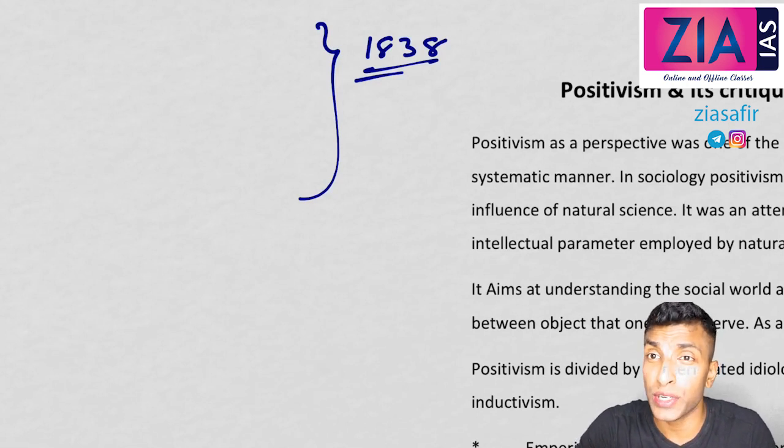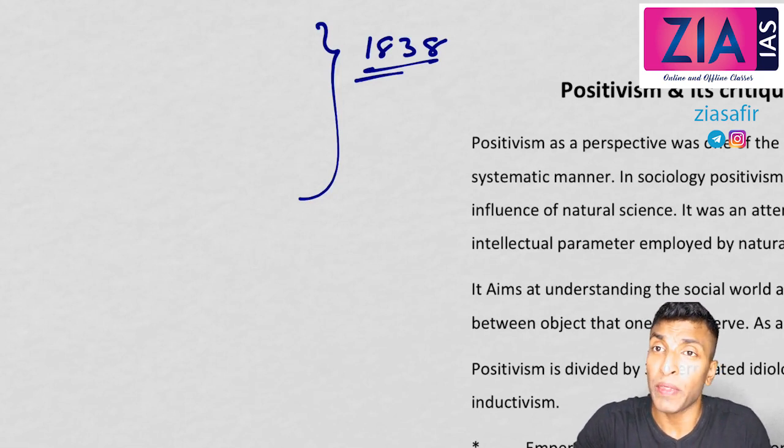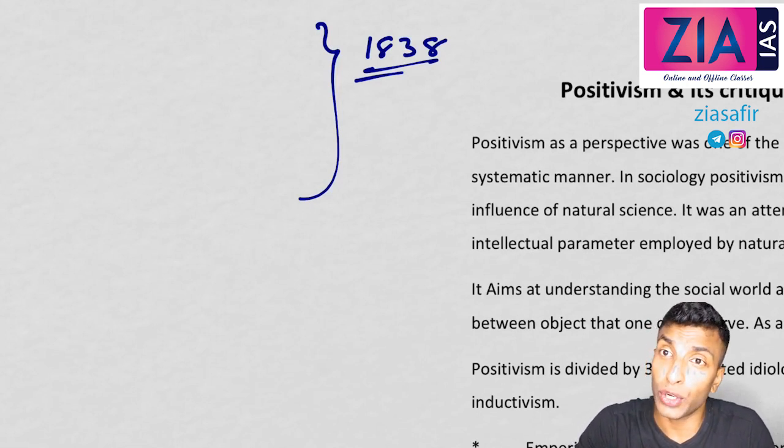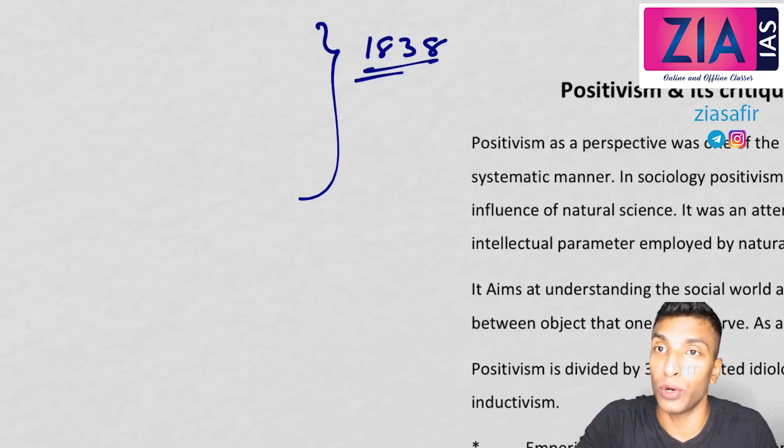Already I have told you he stressed on framing universal laws of social organization, and in fact he made laws, but later those laws were rejected because of a lot of logical errors. Okay, and if you remember, when we talked of the emergence of sociology, I told you about Saint Simon. He even thought of social physics, which is similar to natural science physics, and he thought that laws of social organization should be made similar to the laws in physics, like Newton's laws, etc.